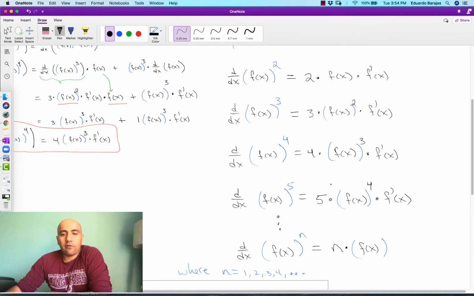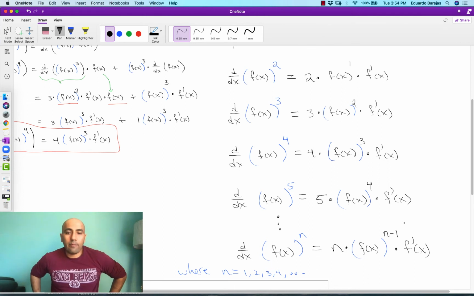We start with power of 5, so this has power of 4, this has power of 4, this has power of 3. Power of 3 has power of 2. There's nothing here, but we can think of it as a power 1. So this is going to be raised to the power of n minus 1 times, and then we finish it off with f prime of x. Good? Okay, so this looks an awful lot like our power rule, where we take the exponent, put it out